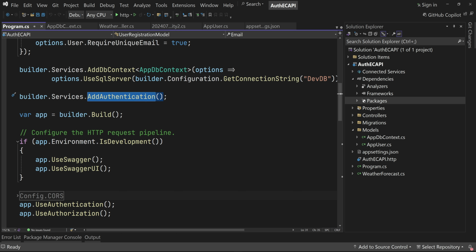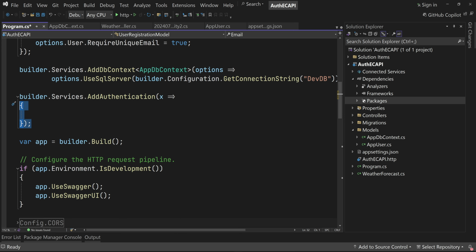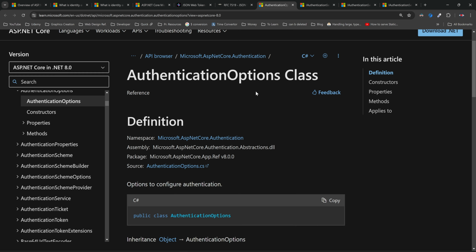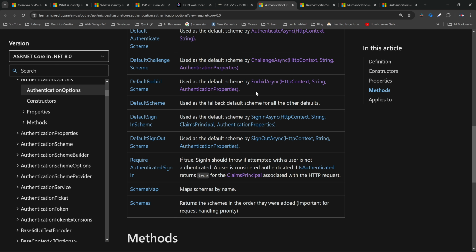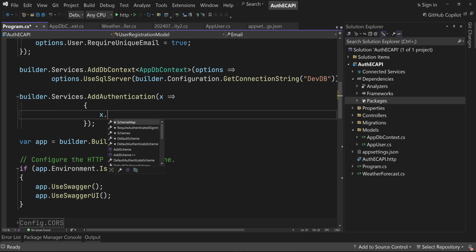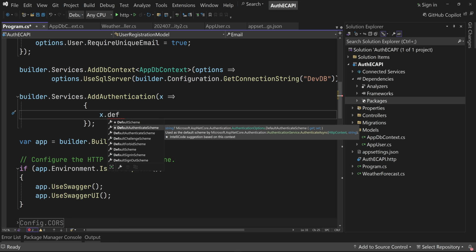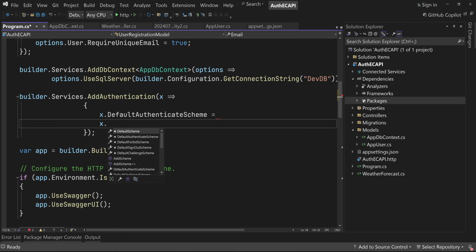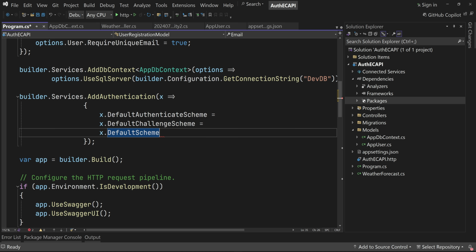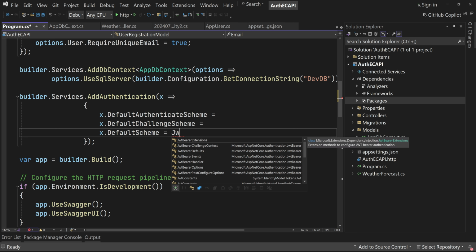Now to this add authentication method, we'll be passing a lambda expression like this. Now inside this lambda expression, we are going to pass authentication options. So these are the available authentication options that we can pass to the lambda expression. So here we go, x dot default authentication scheme, and then we have default challenge scheme, and then we have the default scheme itself. All of these three schemes will be assigned with JWT. So here we go, JWT bearer